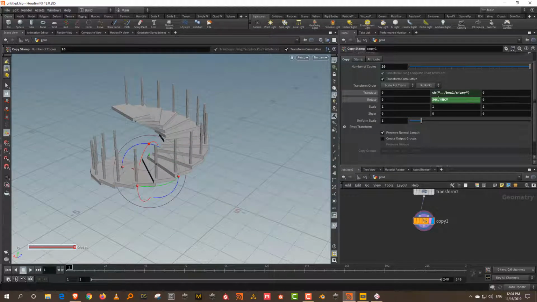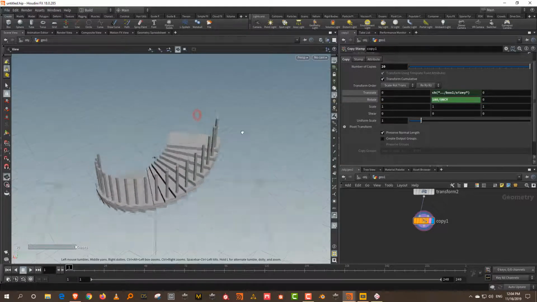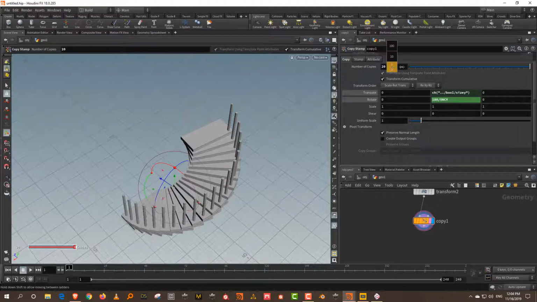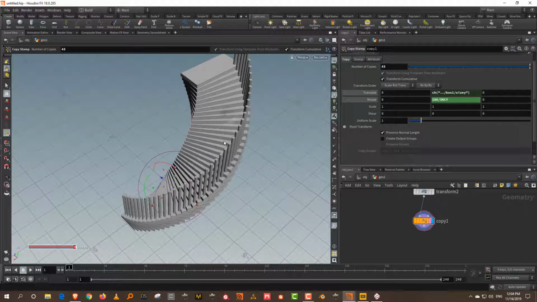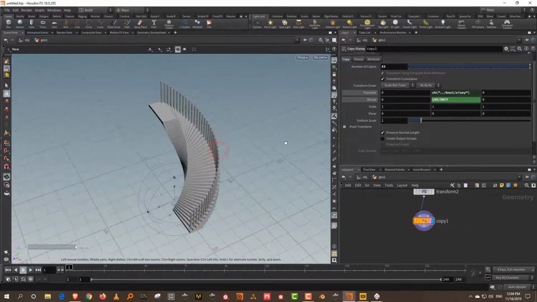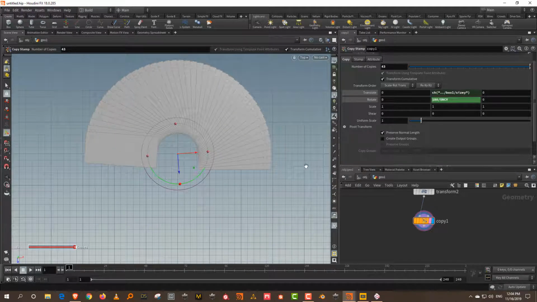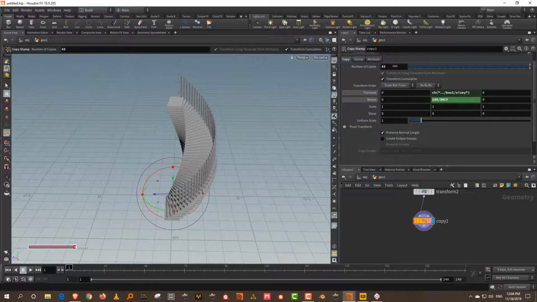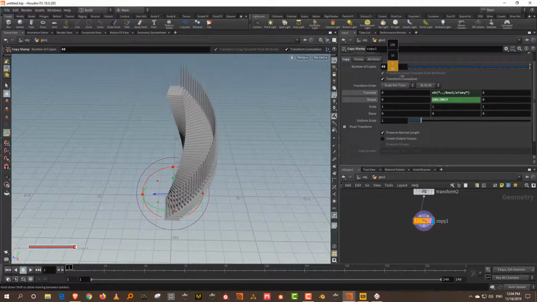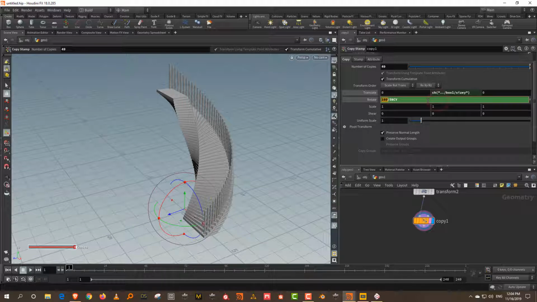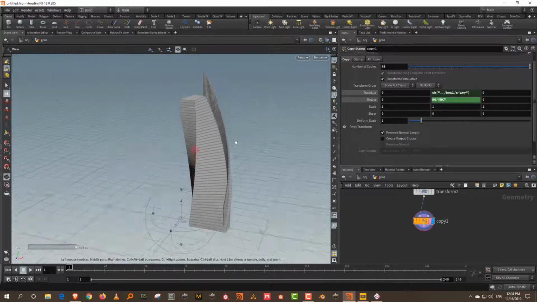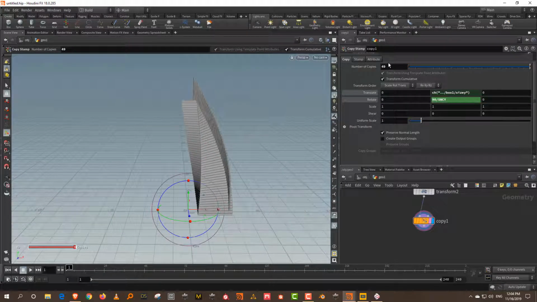If I wanted half a circle, I can make this 180. So now it will always be half. No matter how many I increase, see, the height keeps increasing, but if you look at it from the top, it's always like a semicircle. So yeah, if I want to make it 90, of course, like 90 is too less.